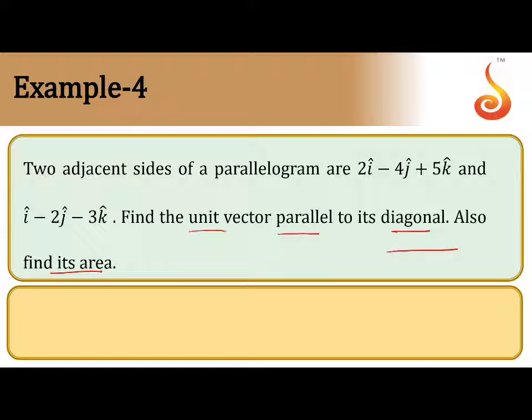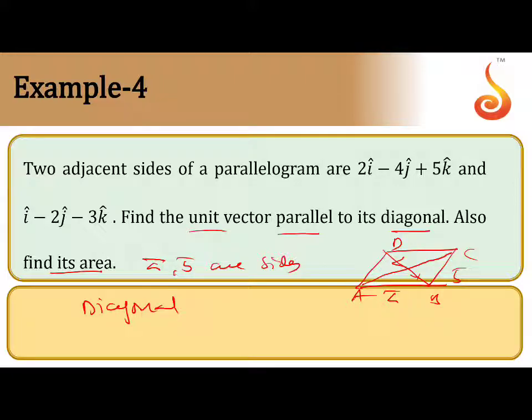So the sides are given as a and b. The diagonals are a bar plus b bar and b bar minus a bar. These are the diagonals, A, B, C, D. We know that A, B are sides. Then the diagonals will be, this we already discussed, how to get the diagonals. So the diagonals will be b bar plus a bar and b bar minus a bar. That means AC equals b plus a and BD equals b minus a. This is already proven. Let us now also find the area of the parallelogram.